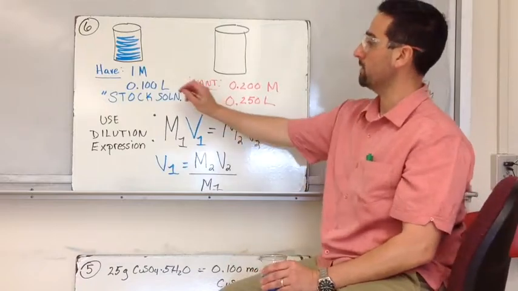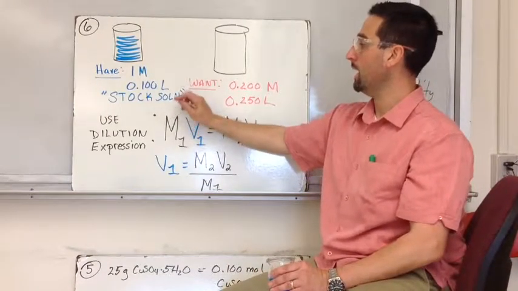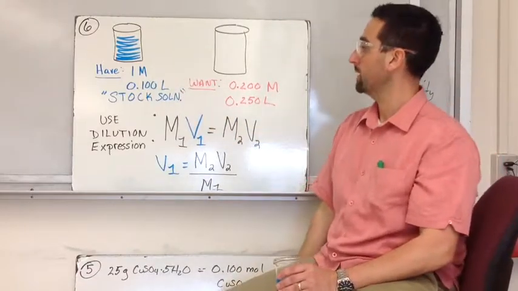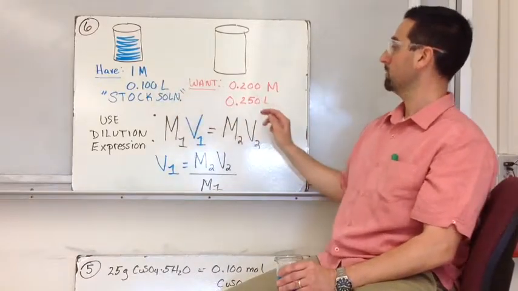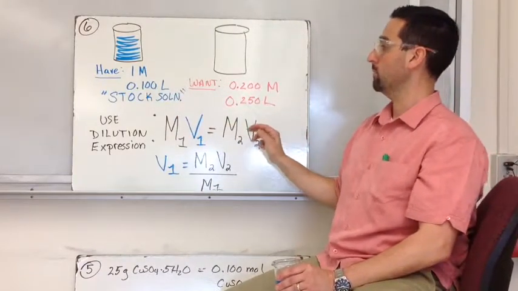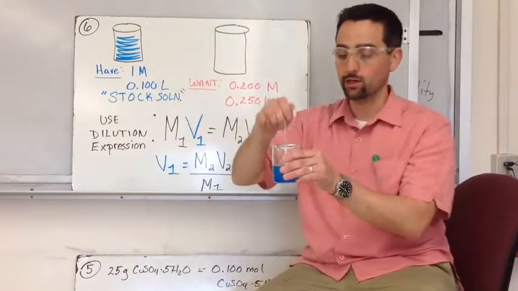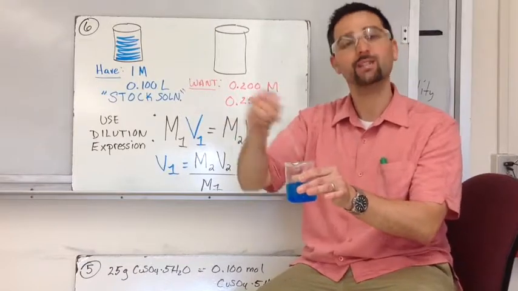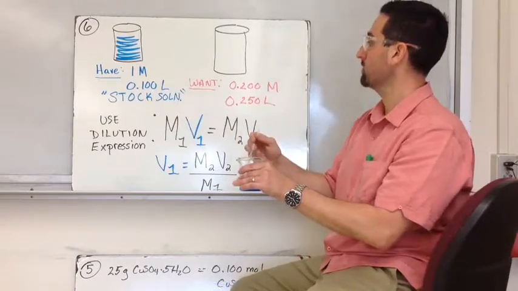You get more bang for your buck when you purchase that way. Let's say I don't want a 1 molar, 100 milliliter solution. I want a solution that's more dilute, okay? That simply goes from 1 molar to 0.2 molar. But I don't want to pour any water back into my stock solution. I don't want to touch this. Let's say I want to use this for later. So I don't want to dilute it because that would change my concentration. So the question is,